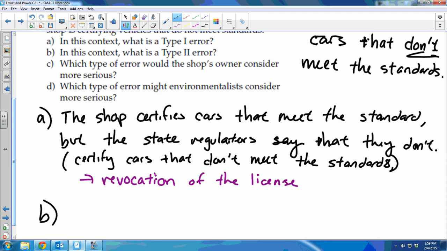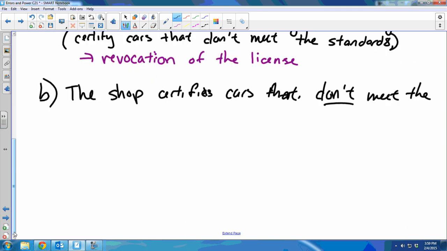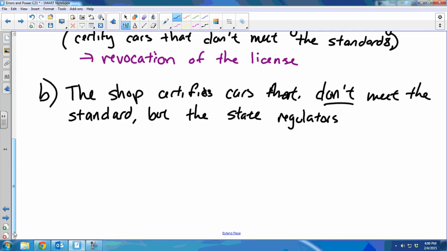Now part B is different. Part B says, in this context, what is a type 2 error? In a type 2 error, the null hypothesis is false, but you failed to reject it. So in this case, the alternative is what was true. So the shop certifies cars that don't meet the standard. But the state regulators say that they certify cars that